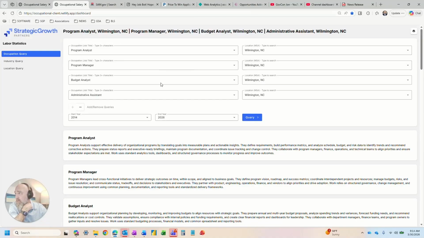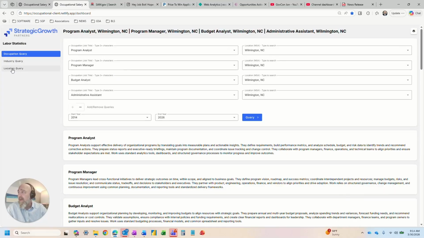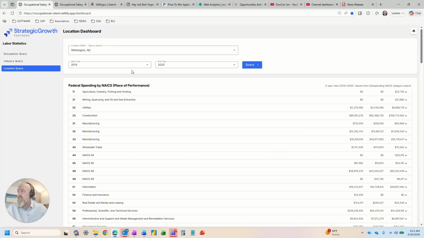Also, a couple of things I'm working on. You could do it with a different kind of job set. I do these with, in some cases, hundreds of jobs in different locations all over America and the world. And when I put locations in here, it's interesting, I've got all the federal spending coming up in here.